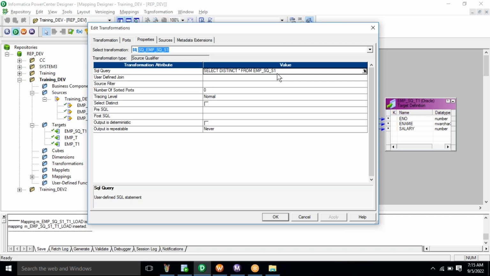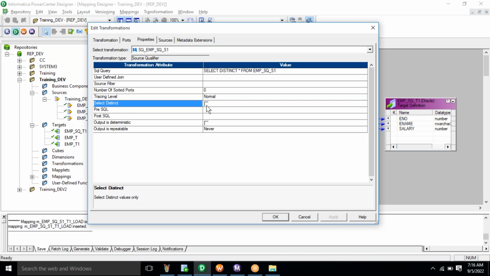Without writing the distinct query, if you see, we have a property called Select Distinct. Just by enabling this checkbox, automatically it will take care to extract only distinct records from the source,